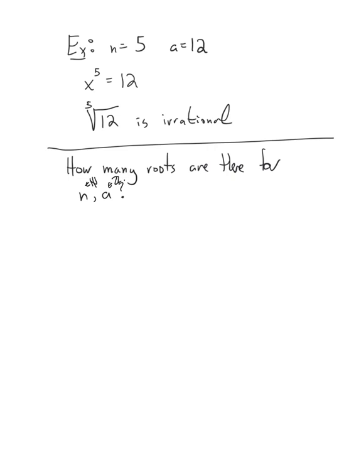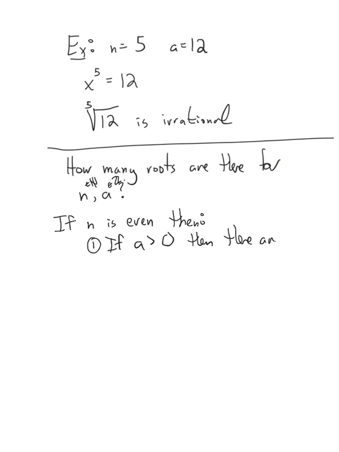So it turns out that if n is even, then if a is greater than 0, then there are 2 nth roots. Let me write them down. They are